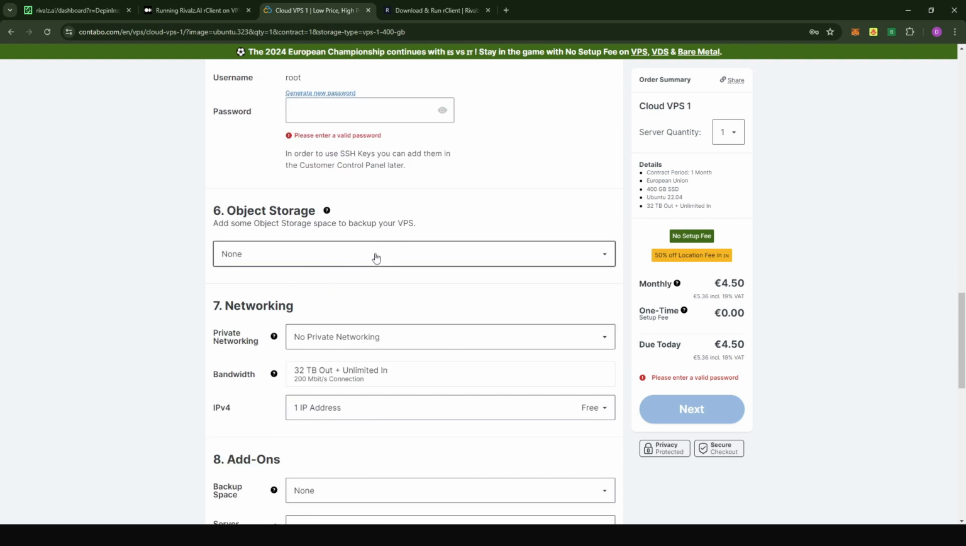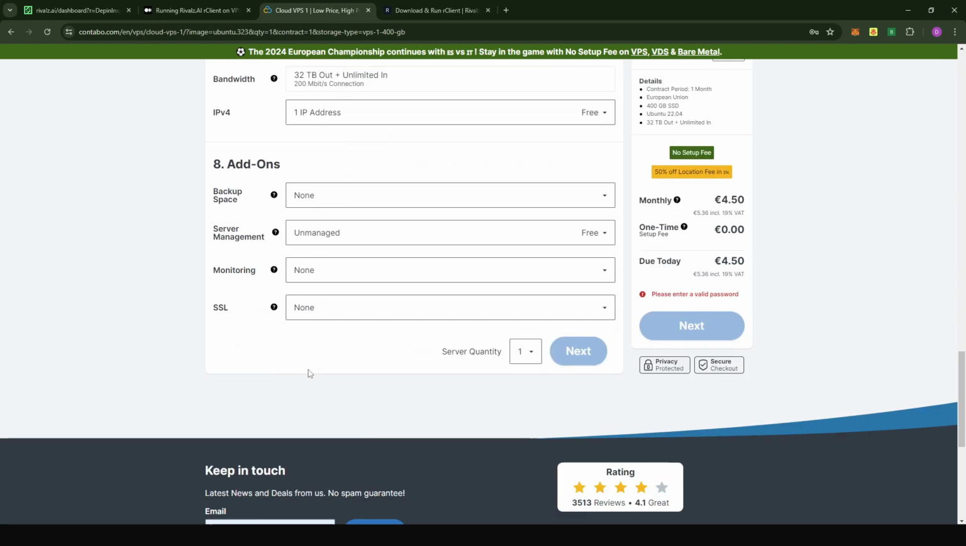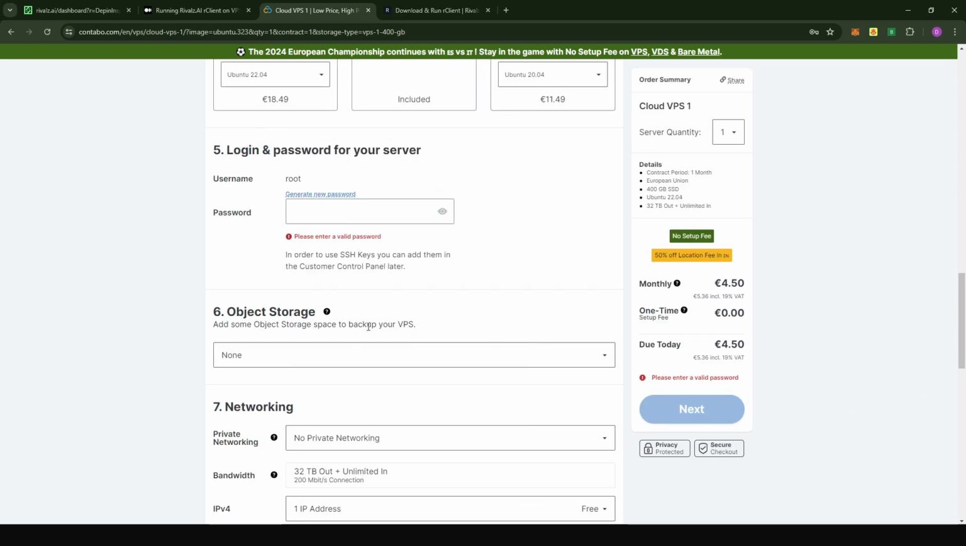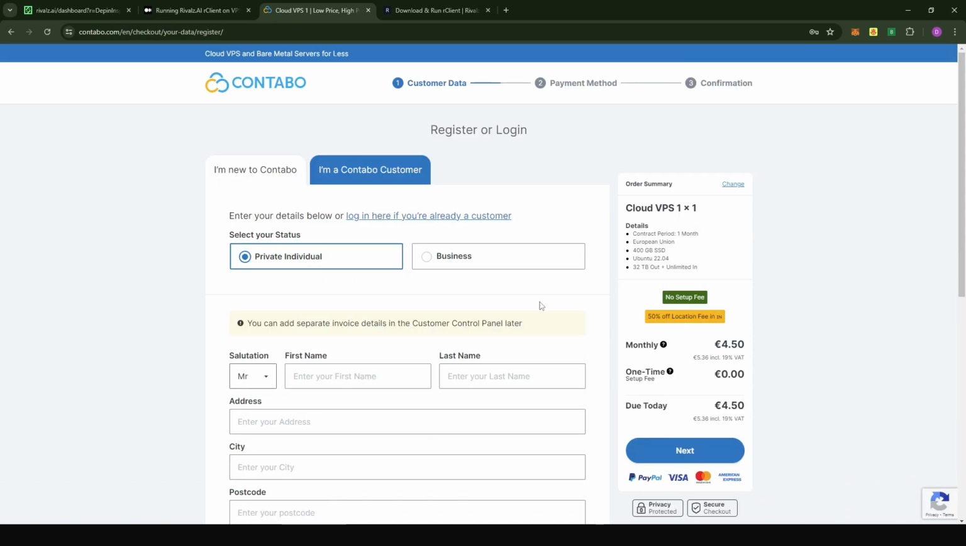And then here for disk, object storage, networking, add-ons, everything, you don't need to put in anything. So I'm just going to put in my password, and I'm going to click on the next button to go to the next stage. And then here, if you are new to Contabo, you can create a new account. I'm already a customer, so I'm going to log into my account